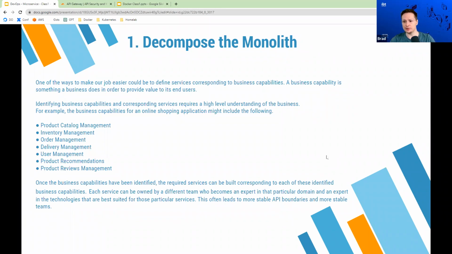And then you can also use the different technologies that best suit that actual service. So polyglot programming and polyglot persistence: use the right tools to develop those services. Doing this usually leads to more stable API boundaries, more stable teams, and a more stable application.